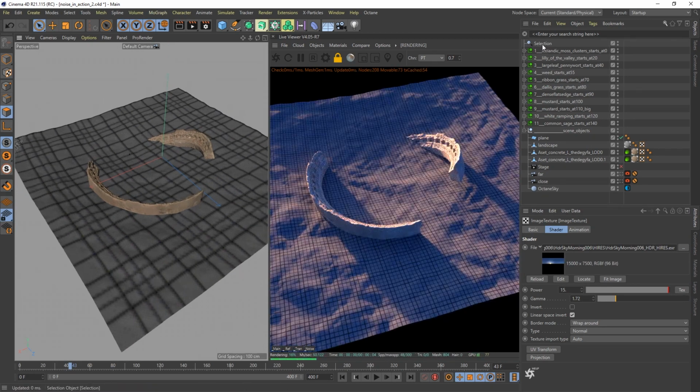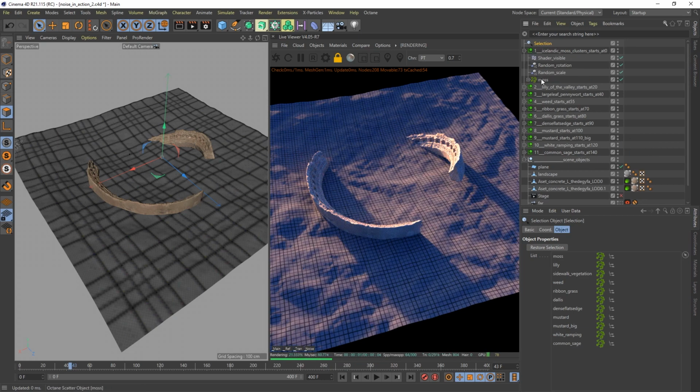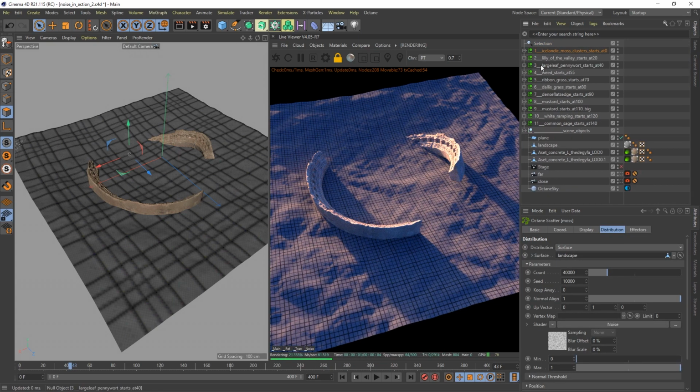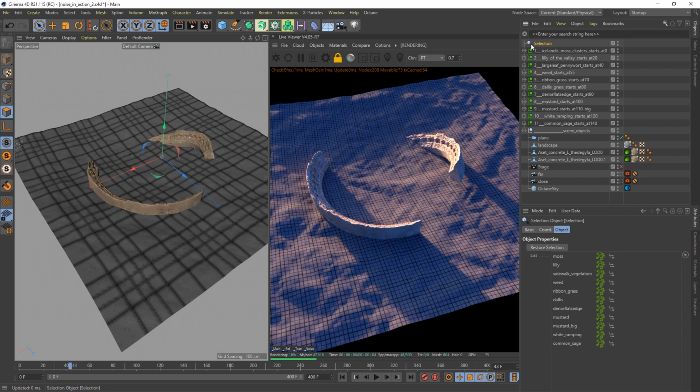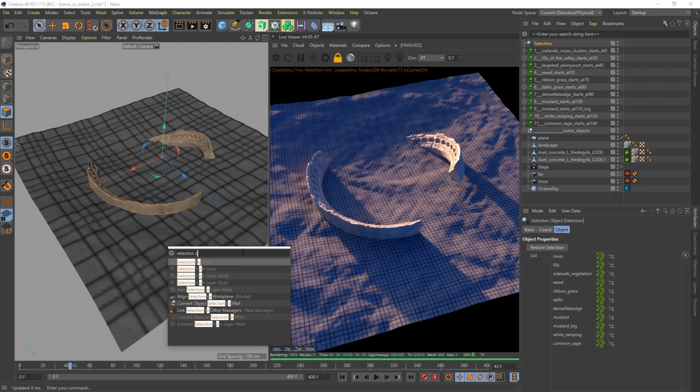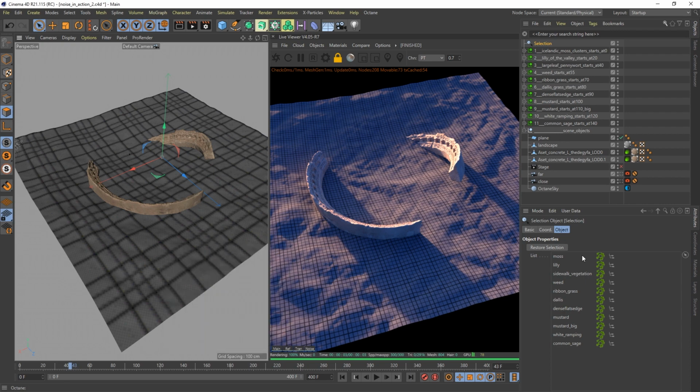Alright, also really useful when you work with multiple Octane Scatter objects, because when you switch all of them on, you activate all of them, the scene could get a little bit slow. So quite helpful is to have a selection object in your scene. You could just press Shift C and press Selection Object. Selection object is this one, and drag it into your scene. And drag all your scatters in here, and then you can easily activate and deactivate them to make your scene